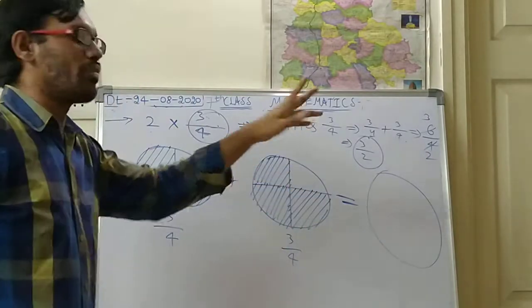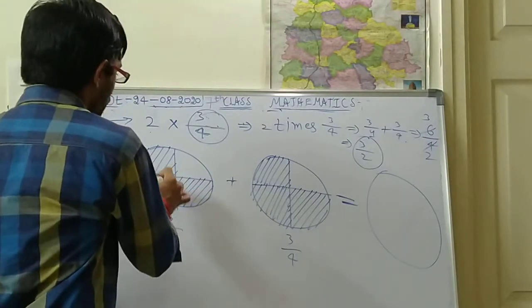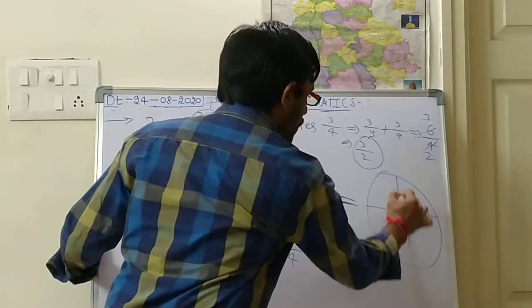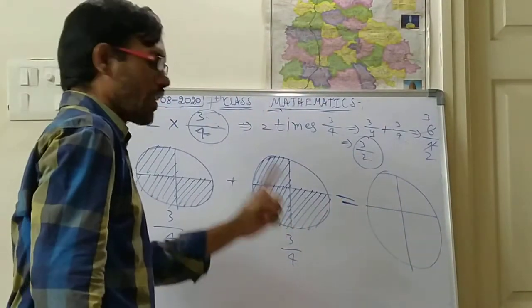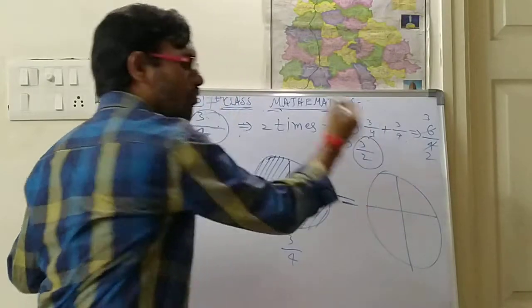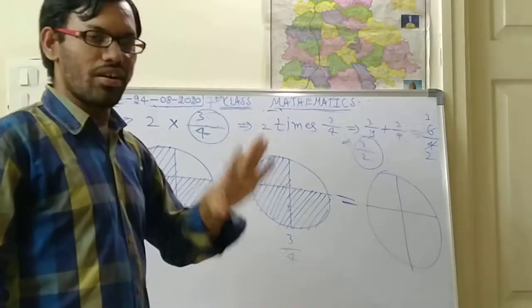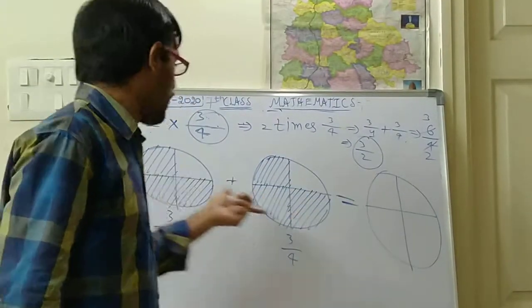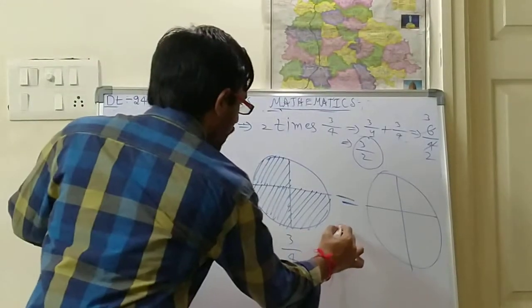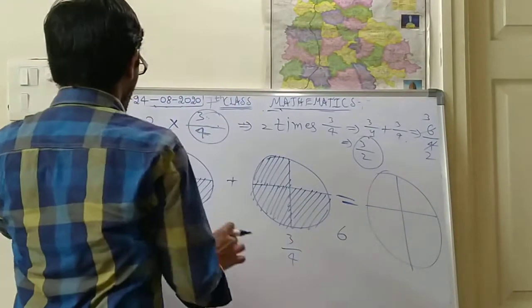So in the pictorial representation you have to find this one. Here how many shaded are there? 3, 3. So total shaded are 6. Totally you should take only 4, because the denominator is 4 only. Here you are getting 6, but here only 4 parts are there. So can you draw 6 parts here? You can't draw. So out of these 6 you should cut 2.